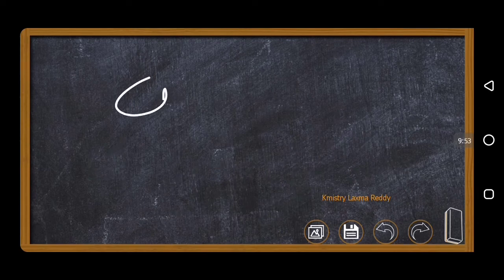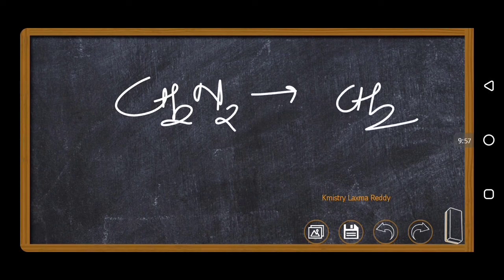CH2N2, diazomethane, if you take CH2 and N2, both are formed